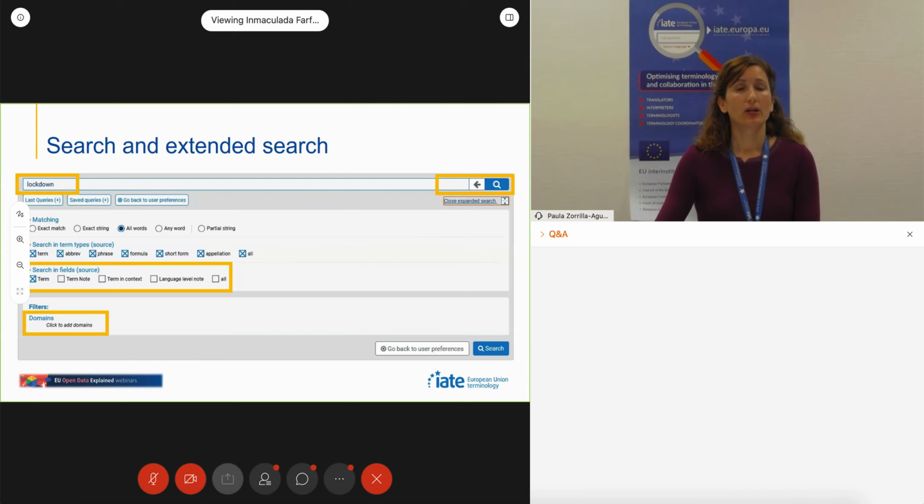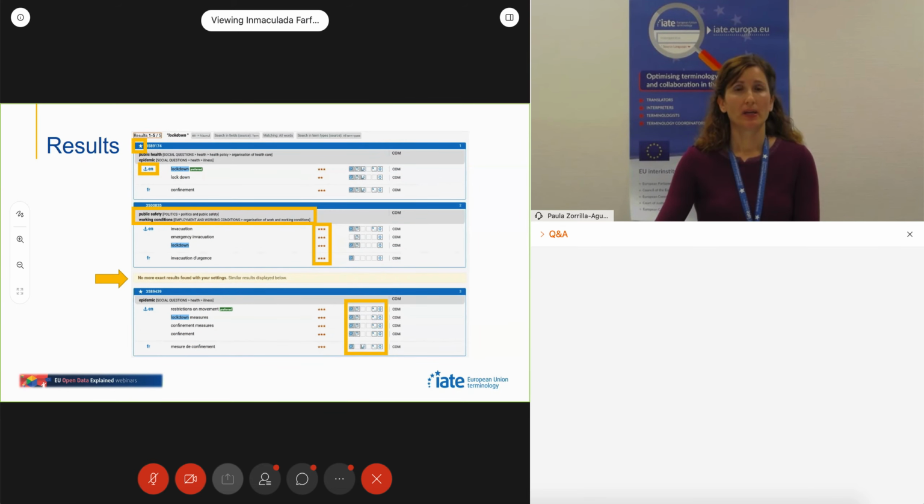The next slide shows the results page, which offers many metadata on the entries, languages, and terms. We have the star icon for primary entries, which are high-quality entries. They are always displayed on top of the results.